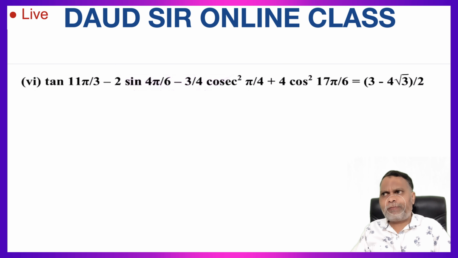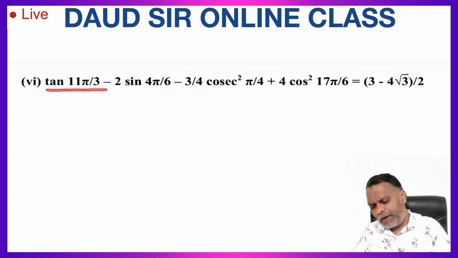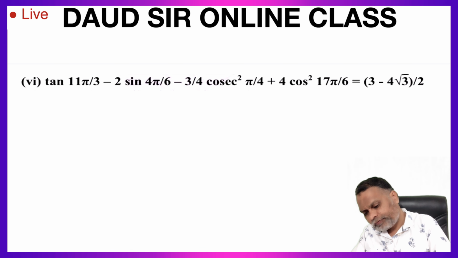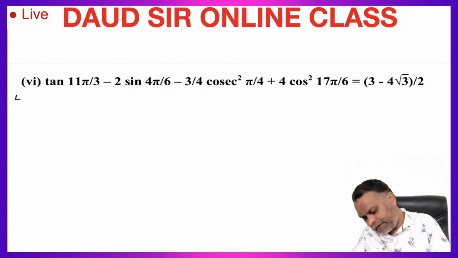Question number second, part 6. Tan 11 pi by 3 minus 2 sine 4 pi by 6 minus 3 upon 4 cosec square pi by 4 plus 4 cos square 17 pi by 6 is equal to 3 minus 4 root 3 whole upon 2. So taking left hand side, taking LHS,